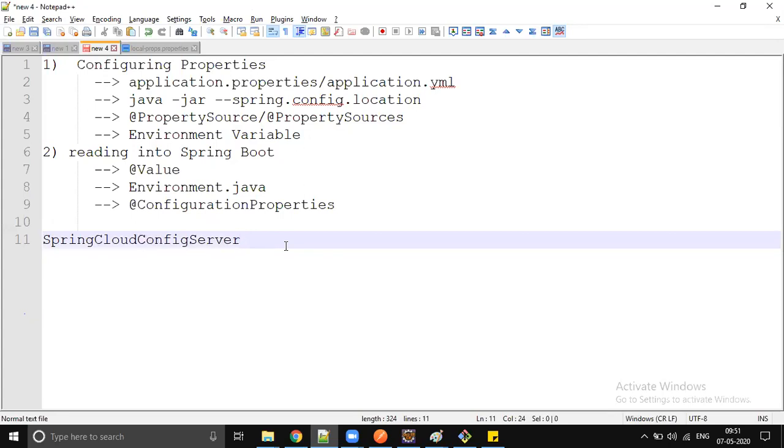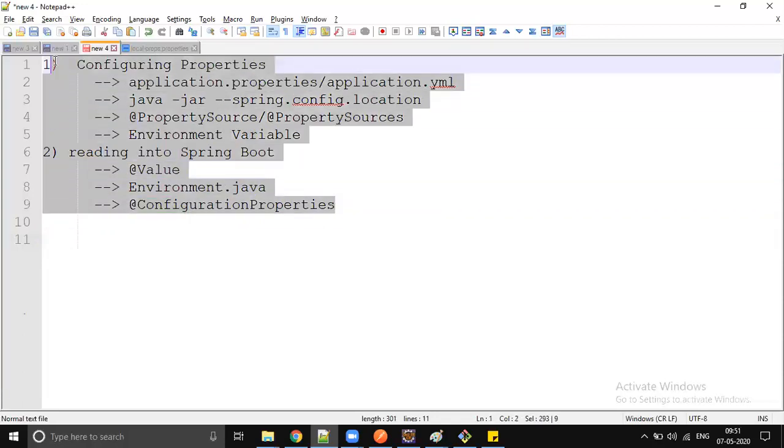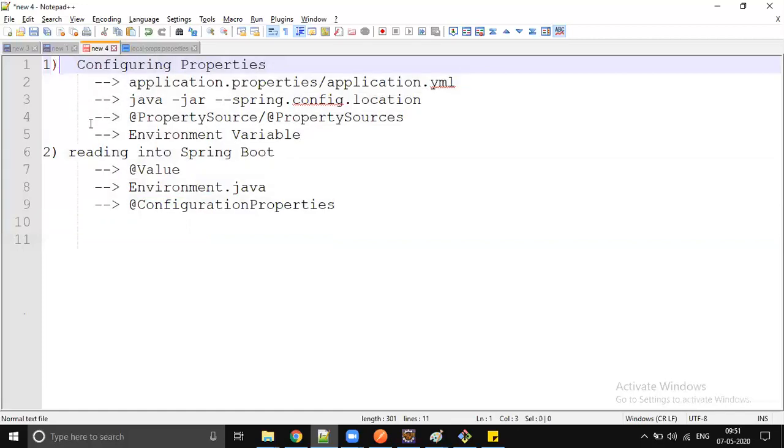Once we start learning microservices, and Spring and Spring Boot are completed, you're done with the development of writing multiple services, right? One or two services we will write. So there, whenever you are connecting to the database, those details we try to load from Spring Cloud Config Server. That is the real-time microservices architecture way of loading secure properties. So that we will discuss in the future, but for now, forget about that. Now itself, it's such a confusing concept, right? So many ways we can load one properties file into your Spring Boot application.